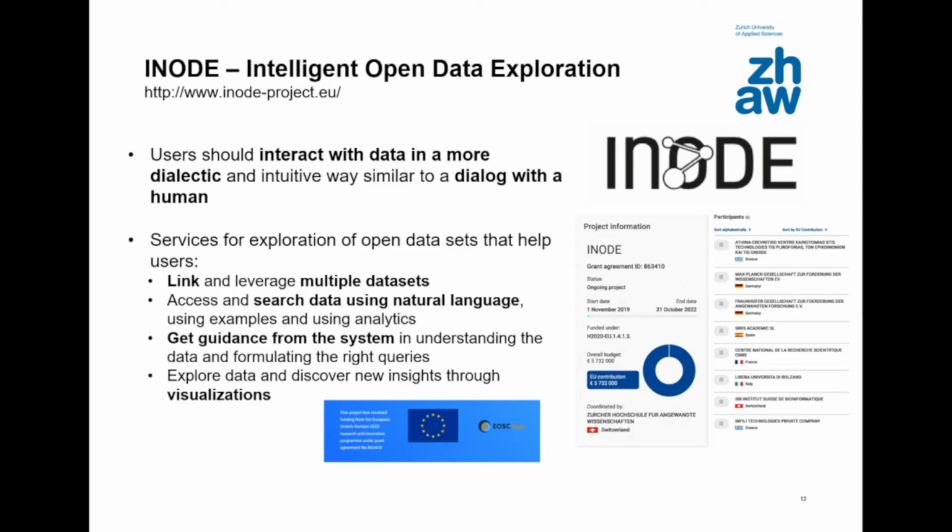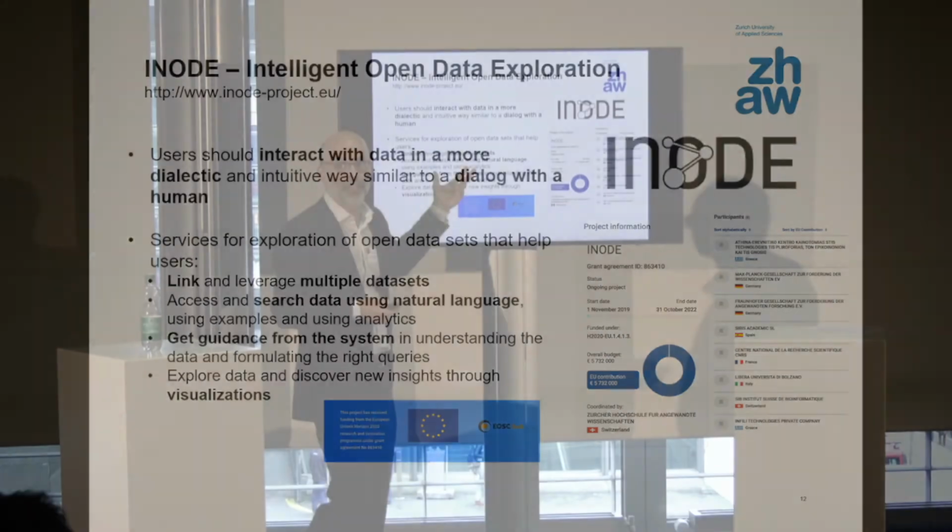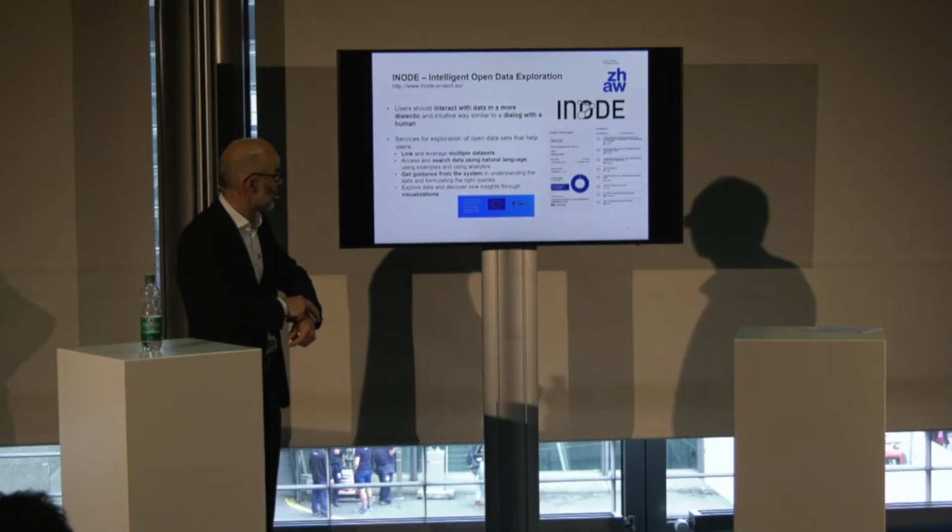So here the idea is go a bit further, not only natural language questions to graph databases, relational, but also to text, and help the user guide. So if I ask a question, the system guides me in the right direction. So for instance, the use case that we have, we're looking at the sky. So we have astrophysics use cases, and we're looking at some specific interest in the sky, where the galaxy formation, that tell us, well, here's an interesting spot in the data. Why don't you look in there? And again, with natural language dialogue, but also with analytics, user interfaces, and visual interfaces.